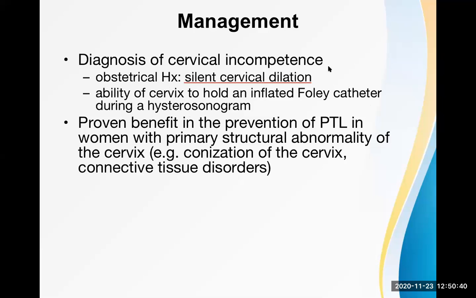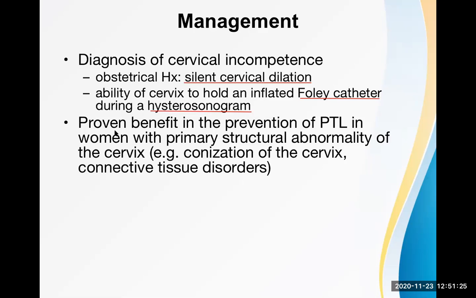Now, a Foley catheter has a balloon near the tip. We all know that. When we inflate that balloon with 5 or 10 ml of water or cc of air, it will get inflated. And if it fits nicely on the cervix, that means the cervix is already dilated. It is already loose enough, which is an important point in cervical incompetence. Hysterosonogram is the term we use for the investigation of the uterine cavity by these things.